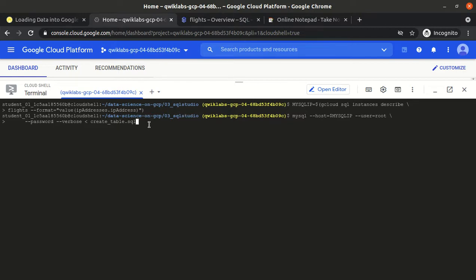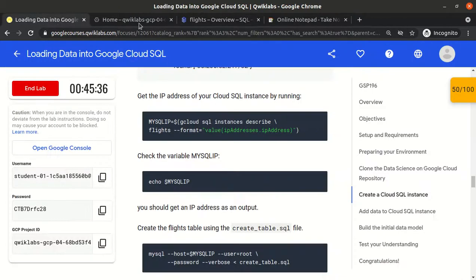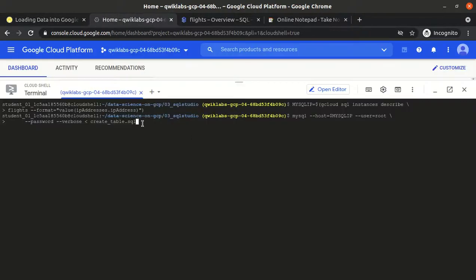Now using these SQL commands, or you can say file, we will pass this whole file, or all queries, to the MySQL command, right? So mysql --host. We are issuing the MySQL command, but on which host will it run, on which MySQL will it run? So we give --host with the MySQL IP, and the MySQL IP is this IP, 35.239.196.1, and then username and password.